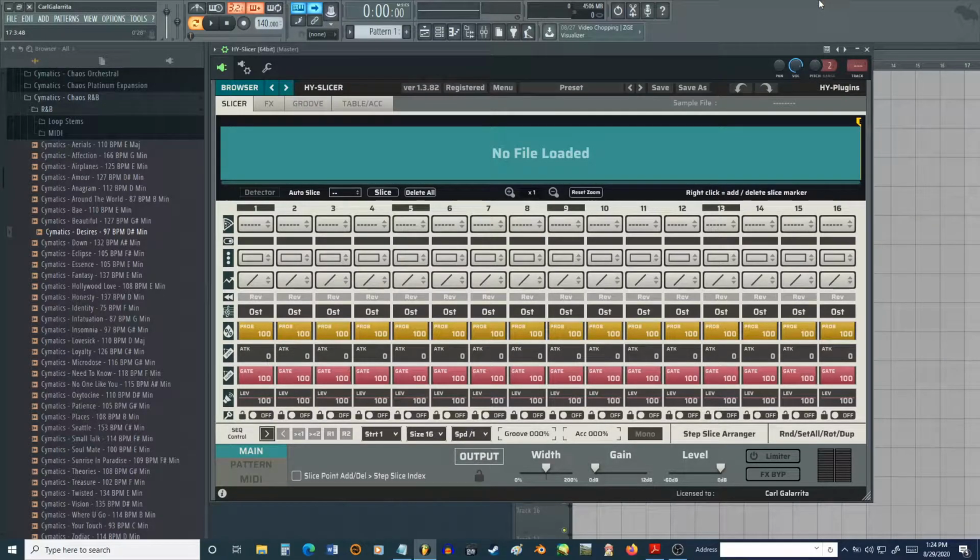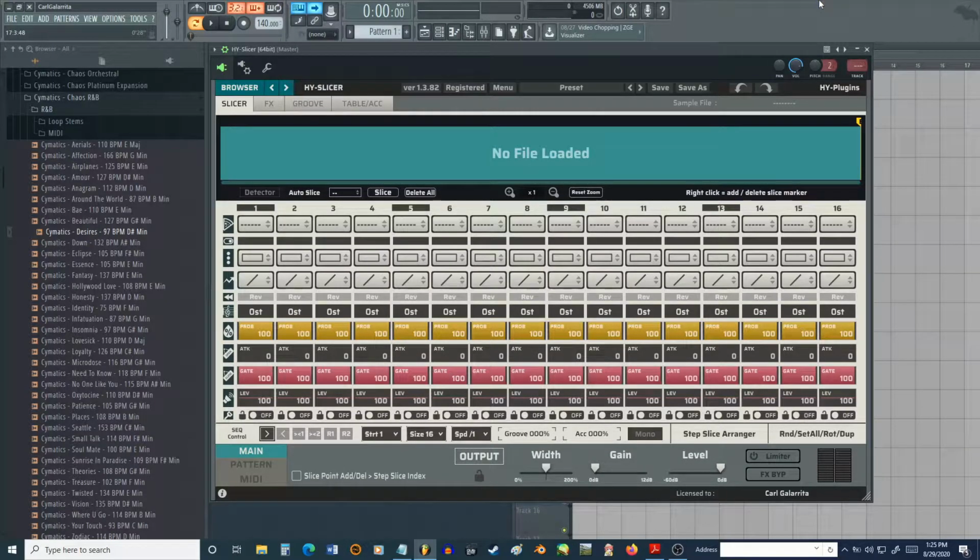Okay, as you can see, with the program, that's how the High Slicer program is designed. I'm going to explain all the features in just a minute, how everything works here with your DAW. Now just to let you know, this is the purchased version that I bought directly from the